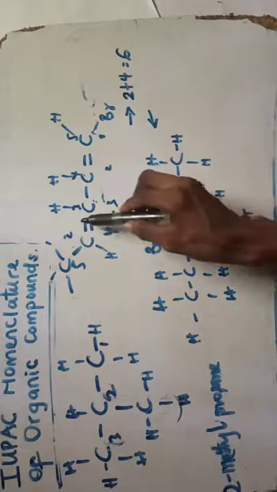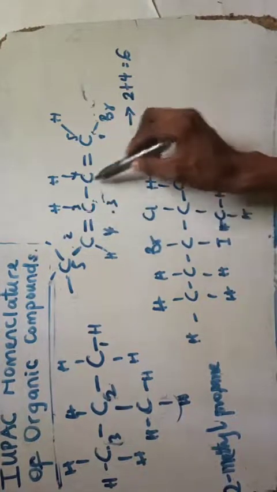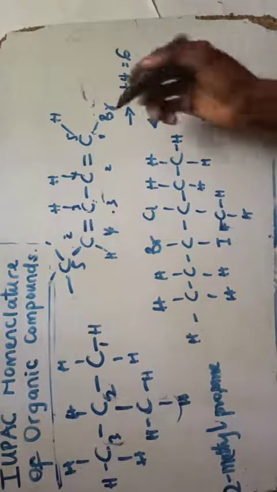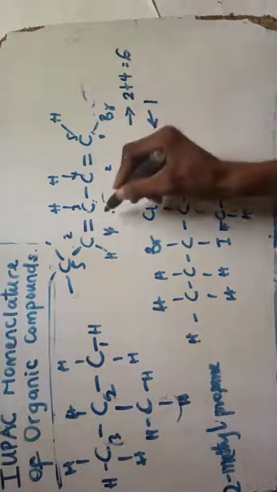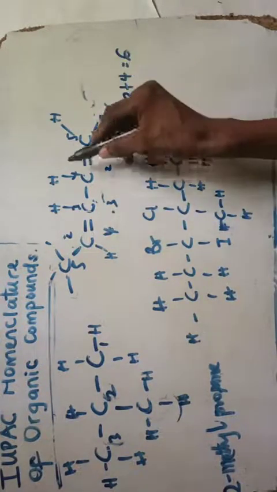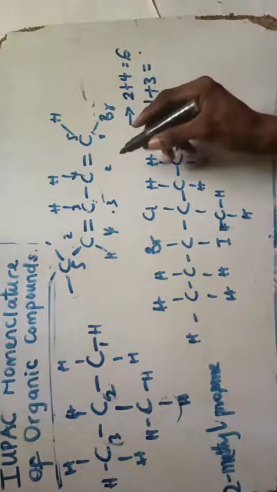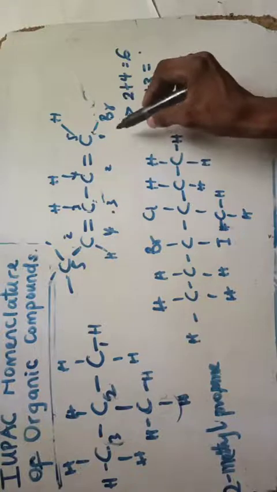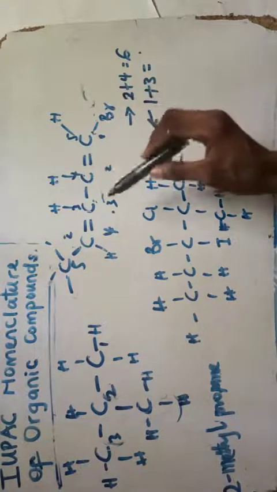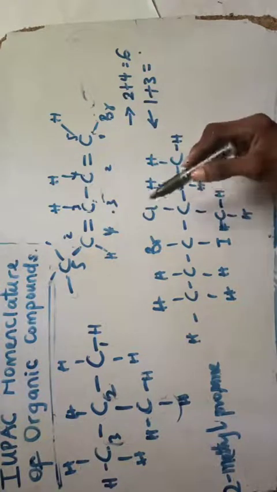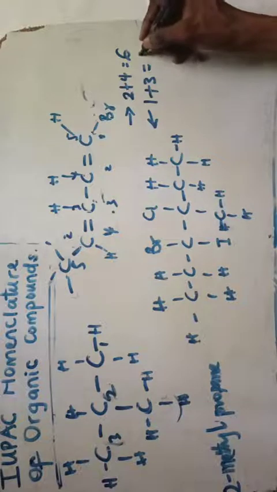Again, I come again. That is what? 2, 3, 4. So if I'm coming left hand side, I have my number as what? 1, and I have it as 1, 2, 3. I have it as 1 plus 3. That is what? That is 1, 2, 3. Okay. So as 1 plus 3, and that is 4. So you pick the lowest numbering.